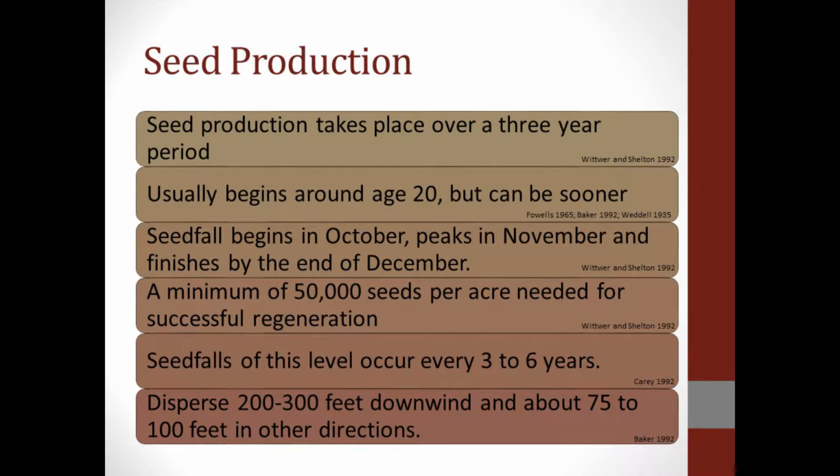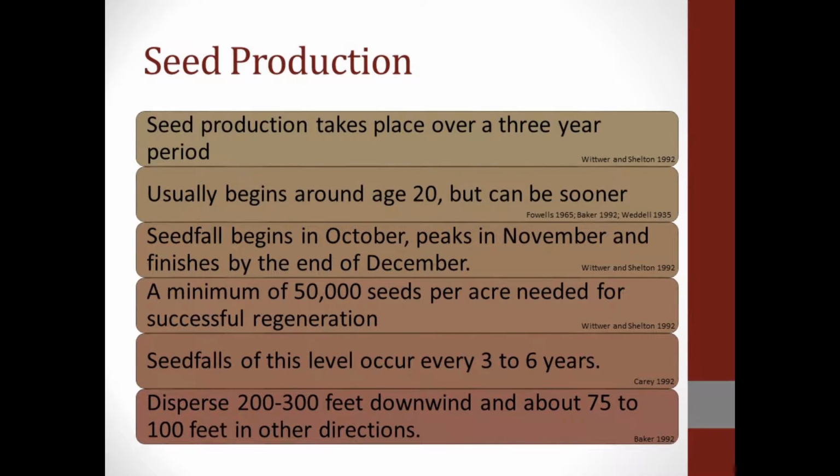on natural seed. Seeding generally begins around age 20 for shortleaf pine. However, if it's a vigorous tree, tend to be growing out in the open, they can actually start producing seed quite a bit younger than that. That is rare though, but there is some documentation that trees as young as 9 have produced viable seed. Seed fall generally begins in October, peaks in November. It's mostly done by December, but you still will see some seed fall as late as April, but it's minimal seed fall. So keep that in mind whenever I start talking about some of the reproduction cutting methods on later